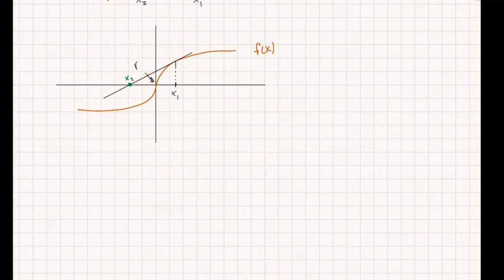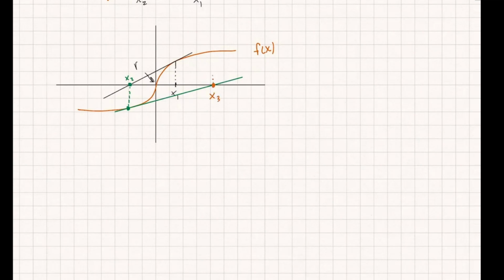So now from here, I need to draw again a tangent line through that point. So that's going to be somewhere like right here. Okay. And then the root happens where y equals 0. So my next iteration would be